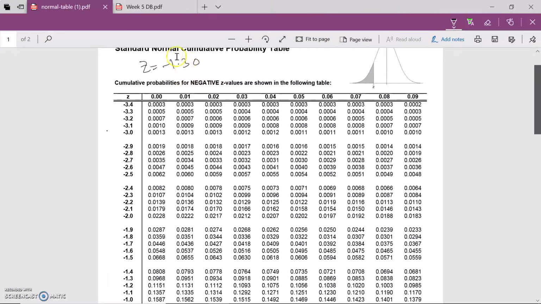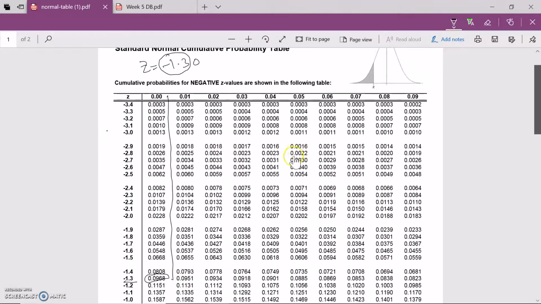We're going to look at minus 1.3 in this z column and 0 on the top row. Minus 1.3 is this one, and 0 comes from here. Look at that. At the intersection of these two values is my required area,